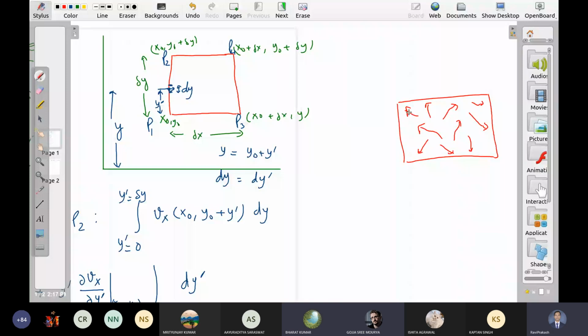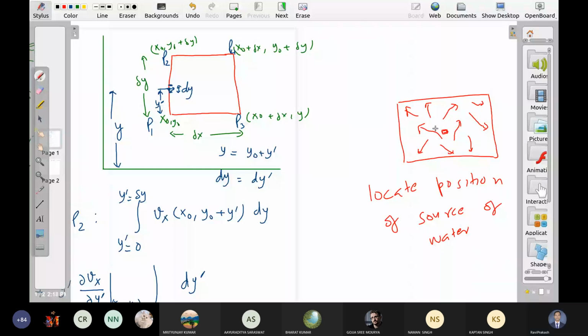Sir, we use where the divergence is positive. Right. So what is the technique? Take a small area here, okay, and calculate what is the net flow of water. If it is net positive, obviously there is a water source somewhere inside this small area. If divergence is 0, there is no water source here. And let us say divergence is negative, it means there is a hole in the ground here. Water is coming inside this hole and disappears.